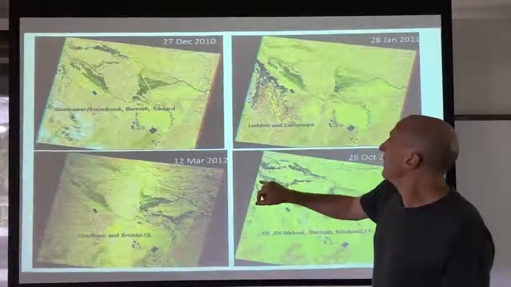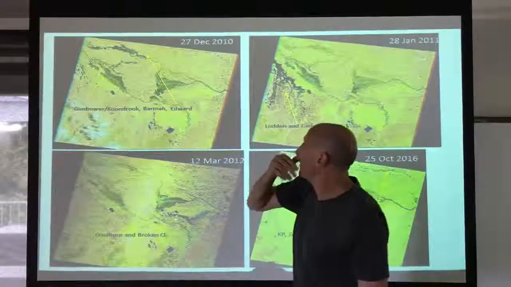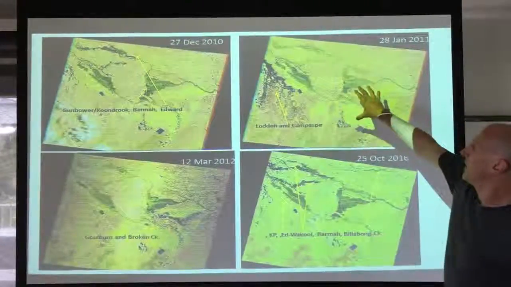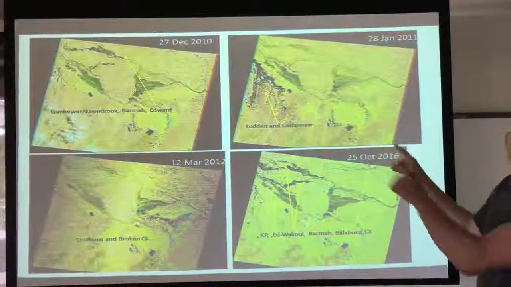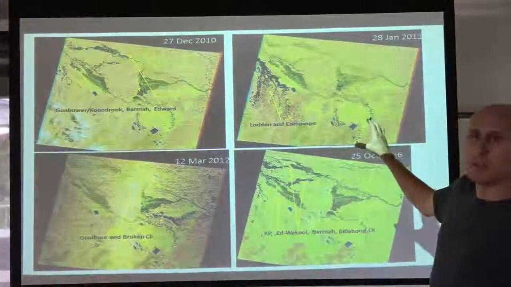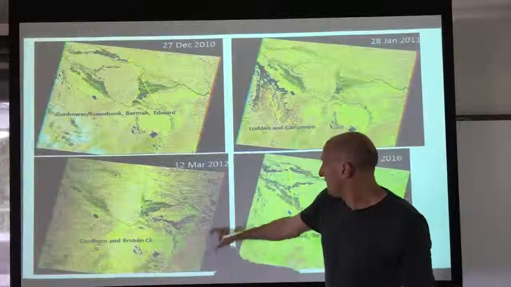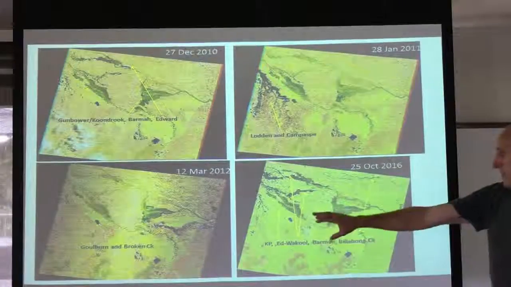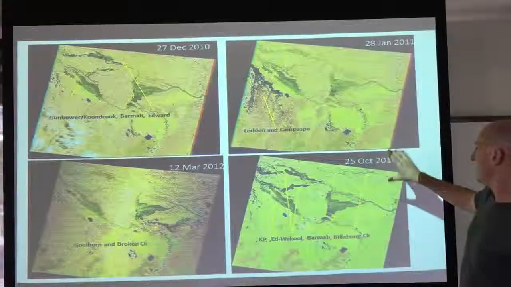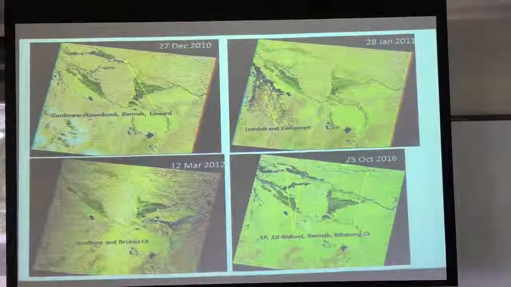late December 2010 we had flooding in the Edward-Wakool, minor flooding. A couple of months later we had flooding in the Loddon-Campaspe region. These are different areas, so this is different sources of carbon being picked up by different flood fronts. In March the image isn't great, but there's flooding down in the Broken Creek and Billabong Creek. That's 2012. Fast forward to 2016, and all of those areas went underwater, and not just underwater,